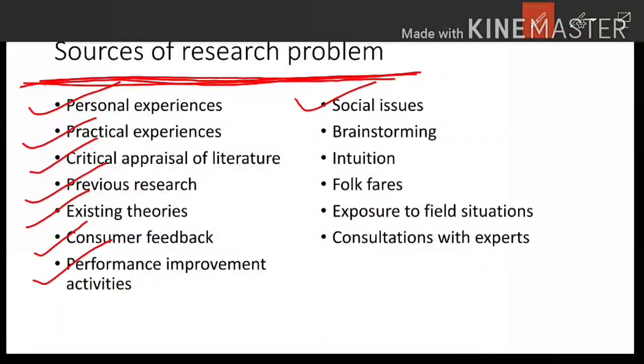Next are the social issues. Sometimes the topics are suggested by more global contemporary social or political issues of relevance to the healthcare community. Let's take examples like HIV, AIDS, female feticide, sexual harassment, domestic violence, and gender equality in healthcare and in research. These are some of the current social and political issues of concern for healthcare professionals. So any idea for a study may stem from a familiarity with social concerns or controversies. Even social issues can give you an idea to formulate the research problem.